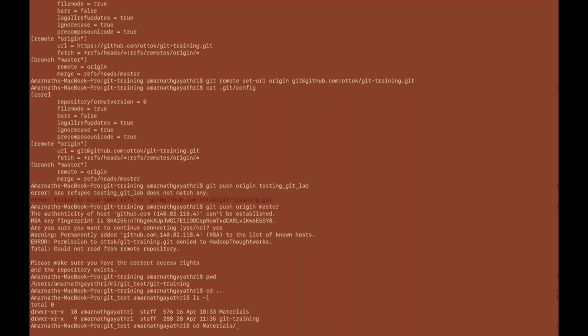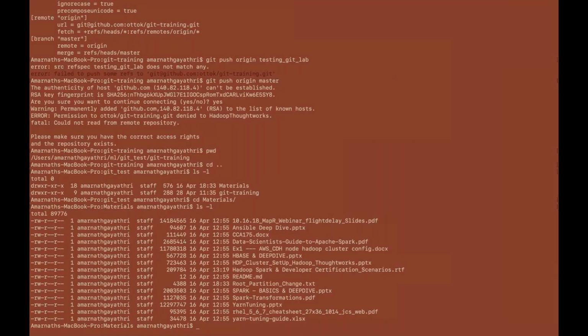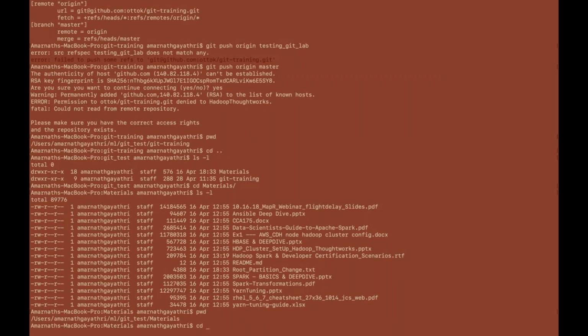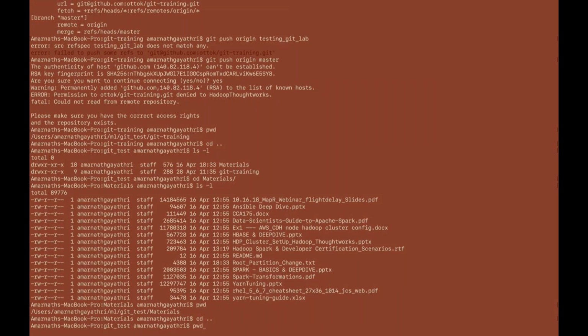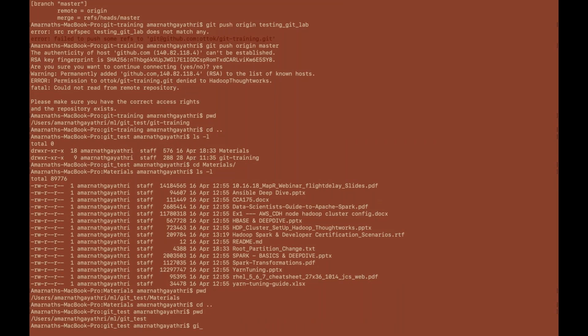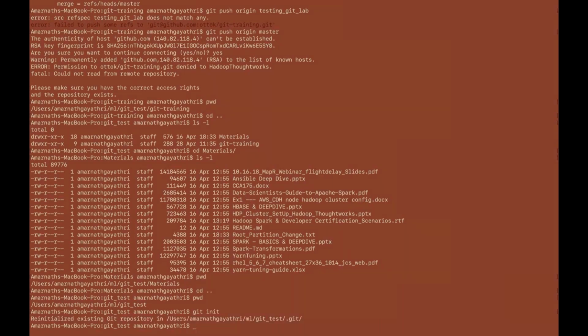Okay. CD materials, ls -l. I have things here. Instead of doing it here, I came here just to show you a few things. I have my own git repo. pwd, go back, cd dot, pwd, set in this directory. Now say git init. Perfect. Now you have this. If you want, you can go and check